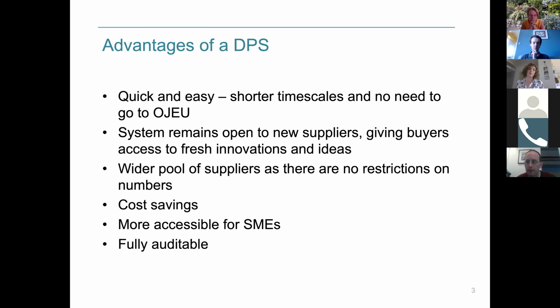So it's giving buyers access to fresh and innovative ideas. As you know, the world is constantly changing. At the moment, we're going through a very difficult phase. So we need suppliers and new suppliers who can react to those to help us get through them. And with having that flexibility of new suppliers being able to get on the system, we can then get